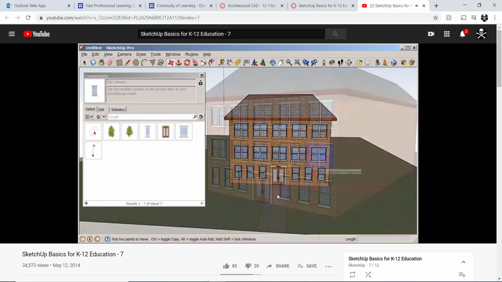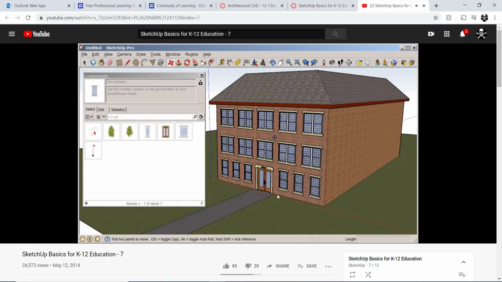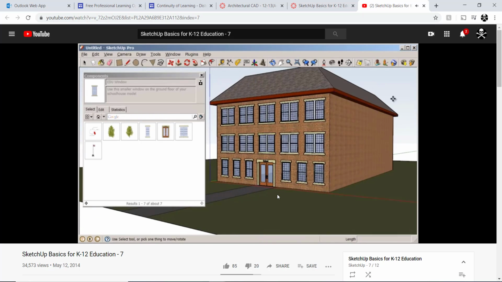So that's looking pretty nice. By using simple forms, simple modeling techniques, we've created a fairly complex form, and then combined that with pre-built SketchUp models or components and really added another layer of detail to this model. Okay, so now let's go back and take a look at what we've created here. If we zoom out,